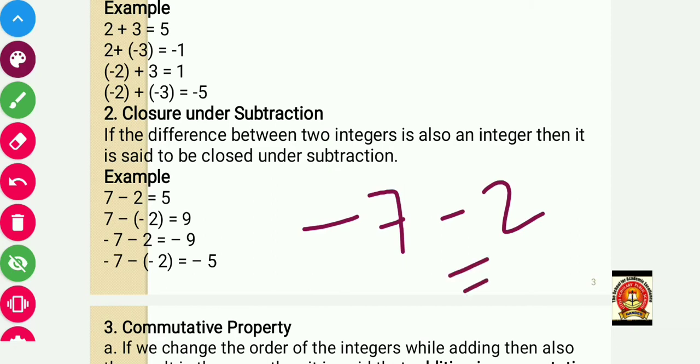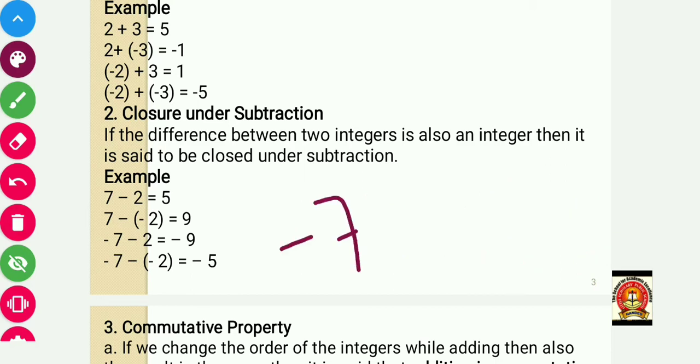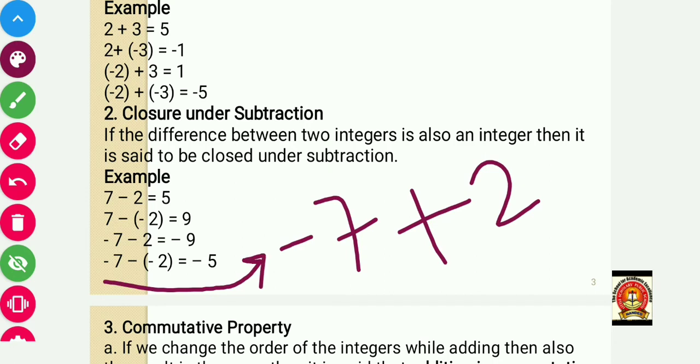Then next we are having -7 minus 2. That's going to give you -9. Then -7 minus of -2. So what we are having? -7 minus of minus becomes plus 2 here in this situation. So here one negative integer is there, one positive integer is there. So we will perform the subtraction and the subtraction will give you 5. And the bigger number 7 is here, so 7 contains the minus sign, so we will give minus.